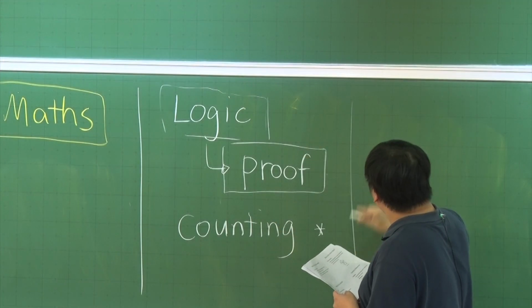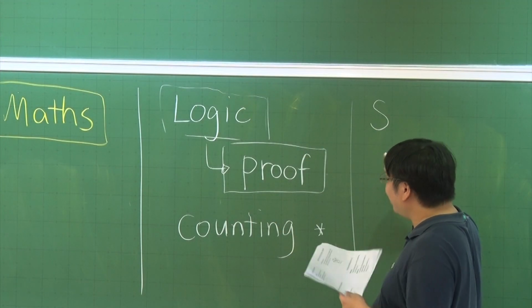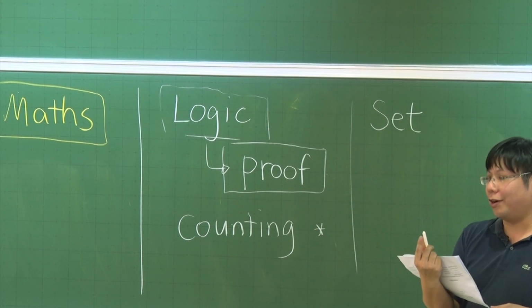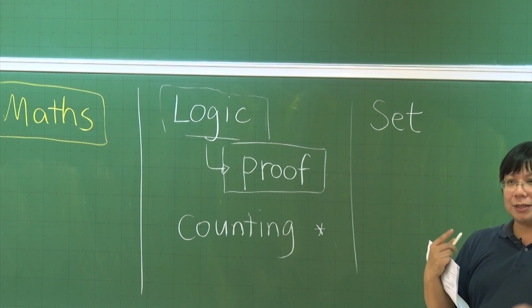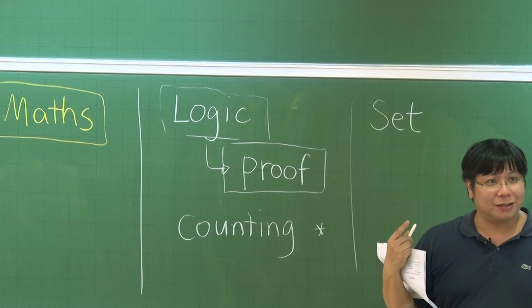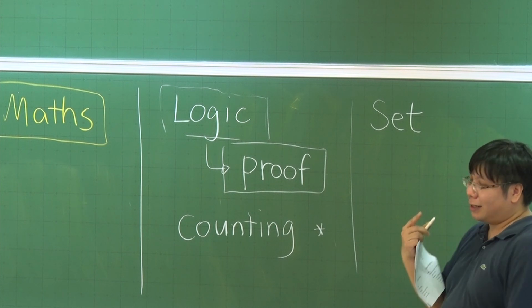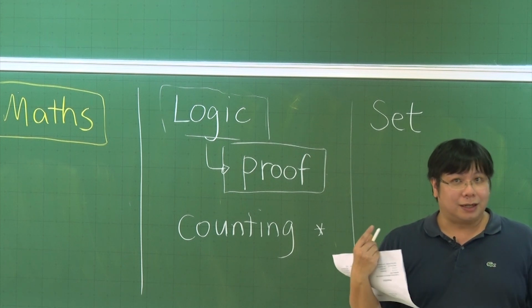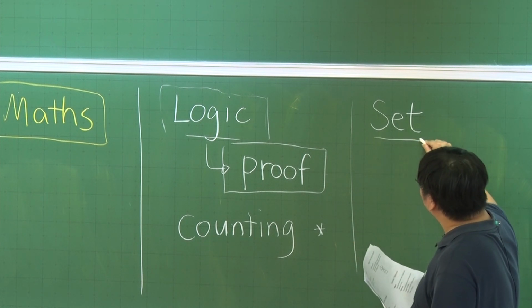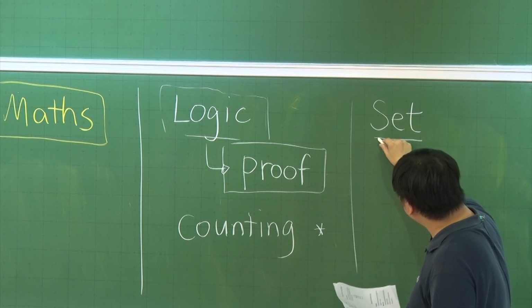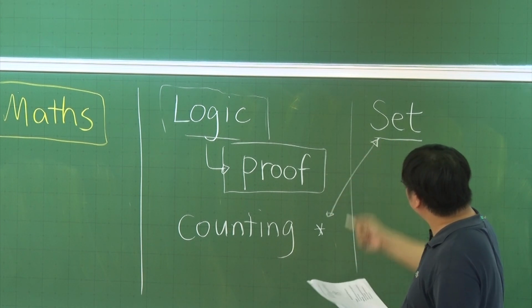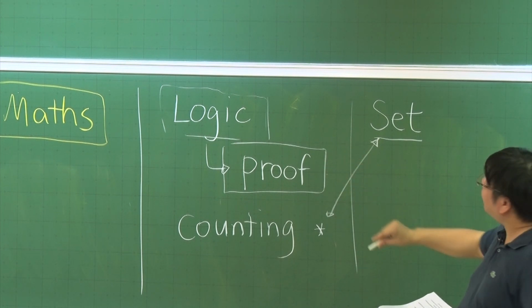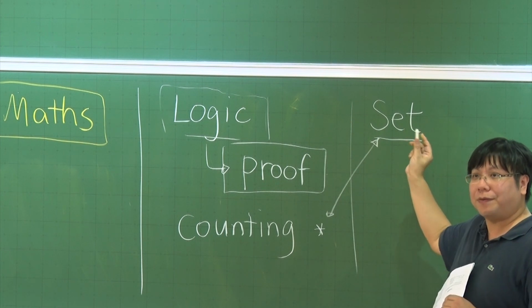And then we have some more complicated concepts, like we are going to define what a set is. A set is some collection of things. So the set of integers collects all the integers: 1, 2, 3, 0, minus 1. And the set of real numbers collects all the real numbers. A set has some relation with counting, and to the understanding of some things. Difficult to explain at this stage, but this is something very, very useful